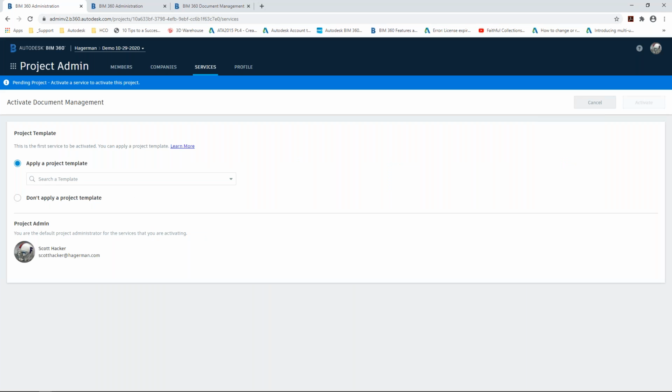So we're going to go ahead and do that. Now, I can choose to select a project template here, or don't apply a project template at all. It's completely up to you. It does not matter. Although, if you apply a project template, it's going to make life a lot simpler for you, because